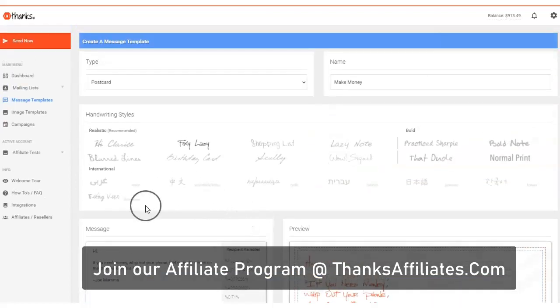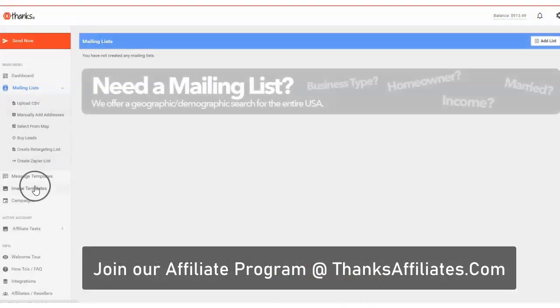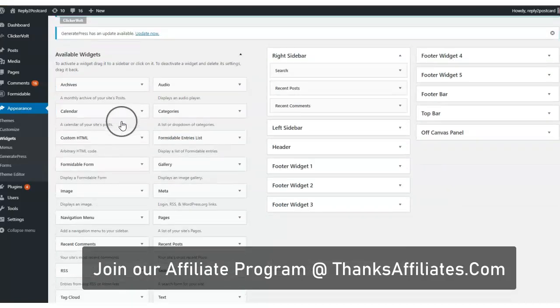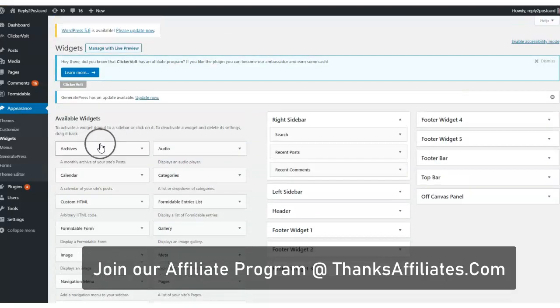Now, how am I going to know if people are scanning? And that's where the most important part of building out these direct mail campaigns comes in. You got to track stuff. So we are actually in the process of building out a QR code feature that's built into Thanks.io. But ahead of that development, I want to play around with this a little, get a head start and see how it works. So I'm going to manually use some tracking inside of a WordPress plugin that I have,